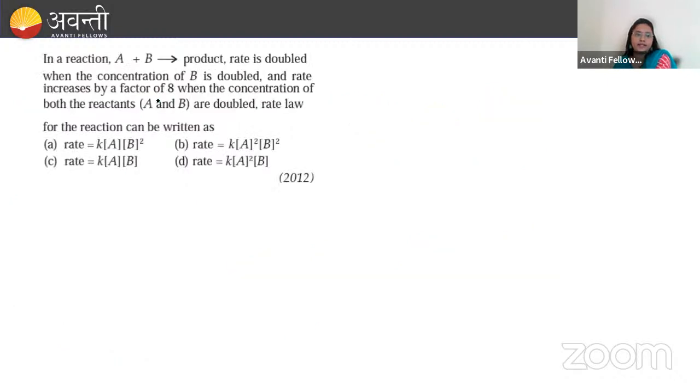यहाँ पे आर का वैल्यू दिया हुआ है। नेक्स्ट, in a reaction A plus B gives product, rate is doubled when the concentration of B is doubled and rate increases by factor of 8 when the concentration of both the reactants are doubled, then the rate law will be। यहाँ पे हमको सिंपली रेट लॉ पूछा है,